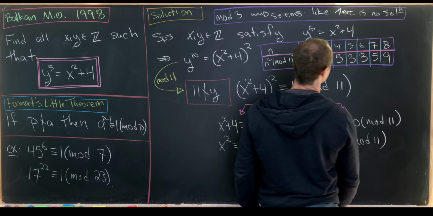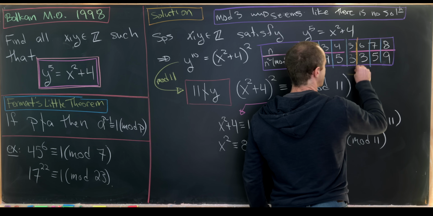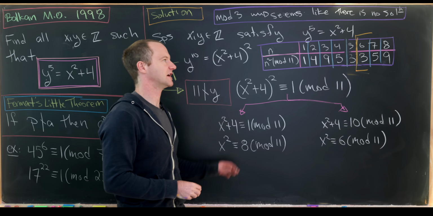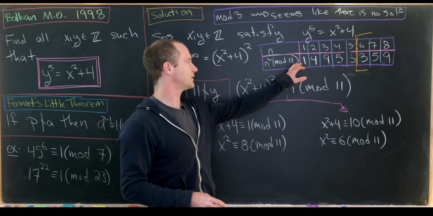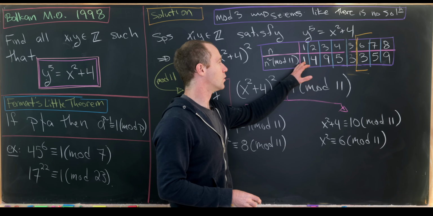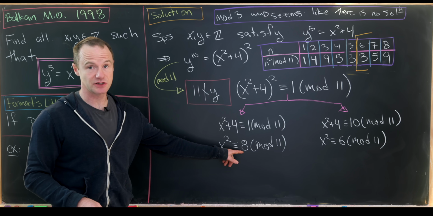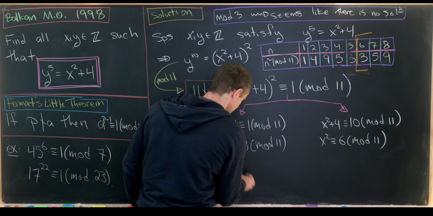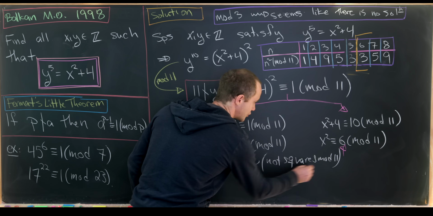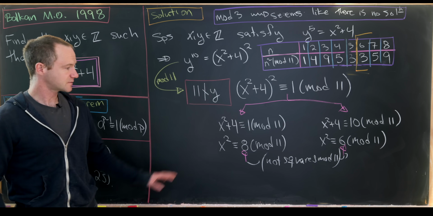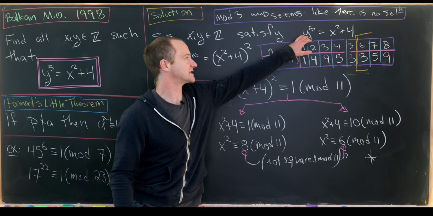And now I think it's pretty clear why, in fact, we really only needed to go to this spot right here. And that's because 6 is congruent to negative 5, 7 is congruent to negative 4, and so on and so forth. But the real takeaway here is that the only perfect squares mod 11 are 1, 3, 4, 5, and 9. But that excludes 8 and 6. So let's point out that 8 and 6 are not squares mod 11. So that forms a contradiction,